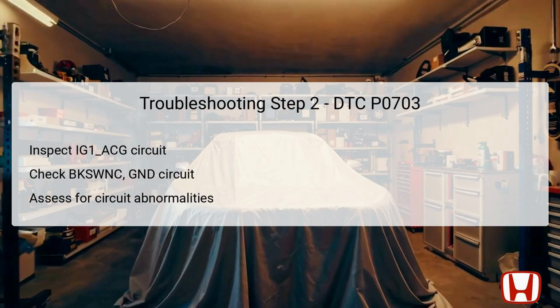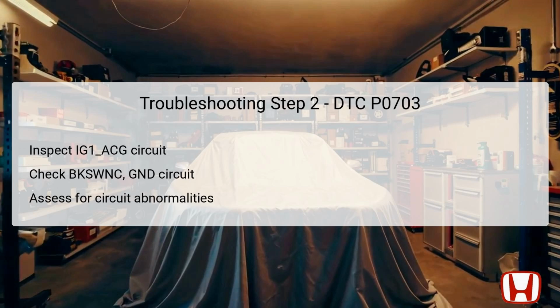In the second step of troubleshooting, the focus is on inspecting the IG1 ACG circuit and the BKSWNC and ground circuits, referred to as GND in diagnostics. Begin by ensuring that the connections are secure and wires are intact. If abnormalities are detected in these circuits, it can indicate a fault that may affect the performance of the brake pedal position switch. This inspection should be meticulous,